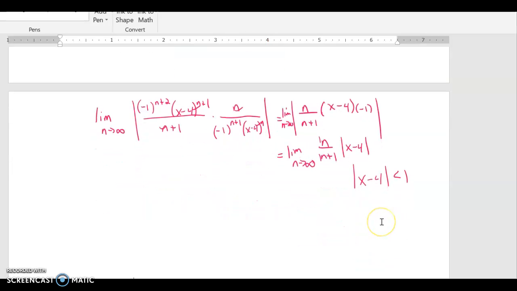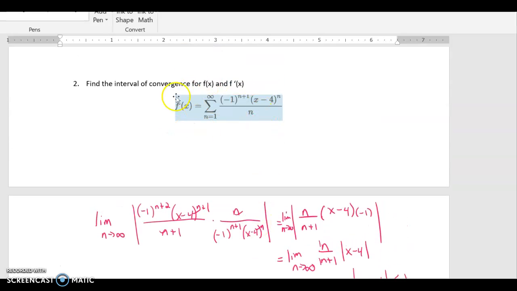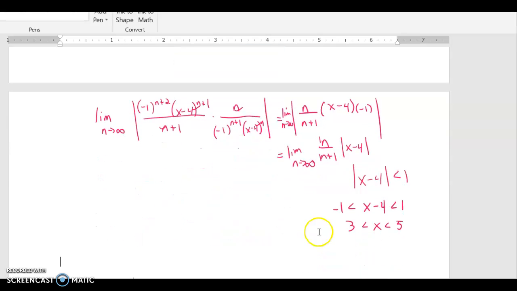So remember how to solve absolute value inequalities. We put that between 1 and -1. We add 4 to both sides, and that gives us our interval from 3 to 5, right? So what we're saying is this series will converge when x is between 3 and 5, but we're not sure about the 3 or 5, right? We've got to check the endpoints. That's our last thing to do, and usually